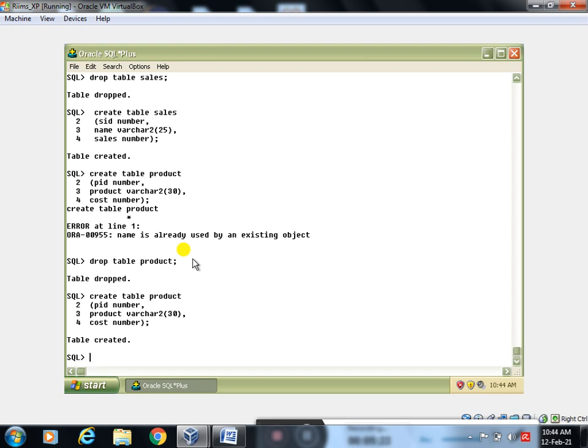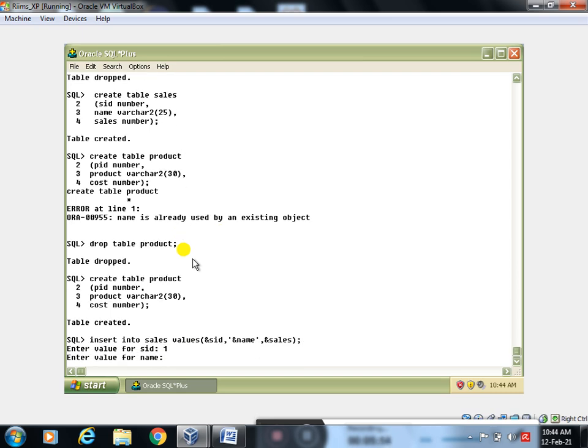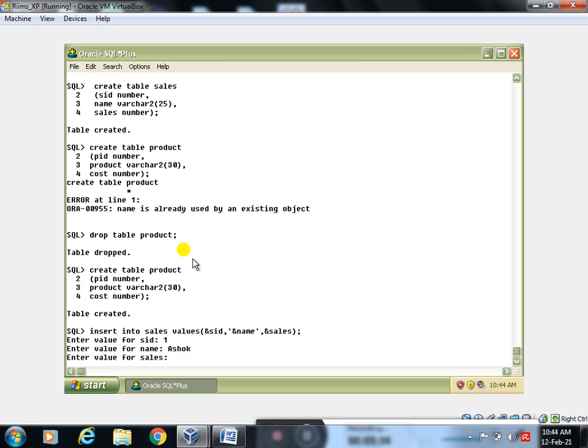First I will give input values to my first table. Insert into sales values: SID, name, and sales. Sales is a number type, so no need to give single quotes. Salesman ID 1, name of the candidate Ashok, sales 1 lakh.